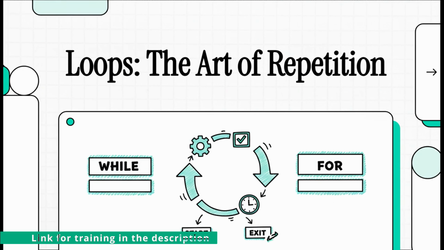When you get right down to it, so much of programming is just about repetition. We're constantly needing to do the same thing over and over again, and doing that well, that's what separates clunky code from something truly powerful. Today, we're going to open up the Coder's Toolkit and really master this art of repetition. So let's kick things off with a simple question.